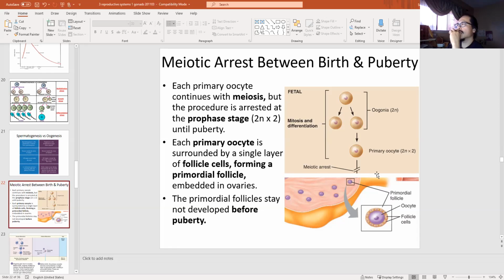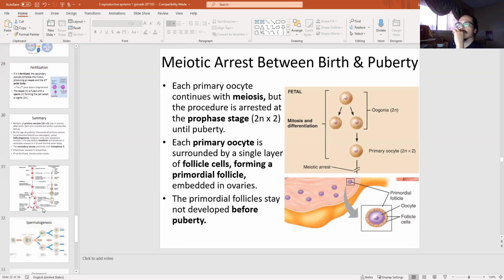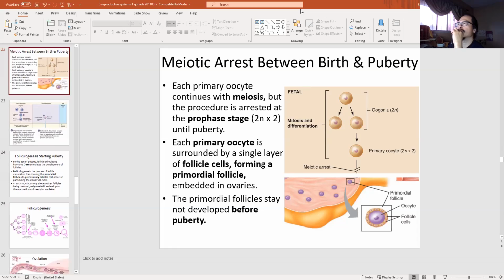So here I am showing you the concept called meiotic arrest. Let me just pause it for now. I will continue this lecture